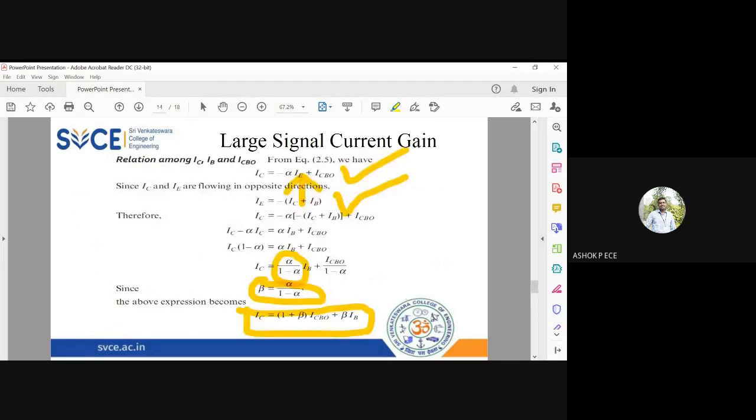Any doubts so far? We are going to wind up here today, and we will continue with the next topic tomorrow. Any doubts so far, you can ask. The transistor is very, very important. Hereafter, in all the semesters from 3 to 8, you will be using transistors in your circuits. If I don't know transistor operation, you cannot understand the working of the circuit. It will become very difficult. So please understand the basics of the transistor very clearly. This EDC subject is very good for getting your basics right in the electronics and communication domain. Any doubt you have, you can ask. I'm going to pause for a few seconds.